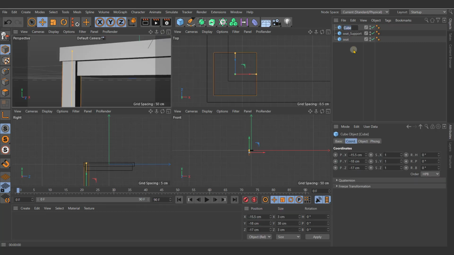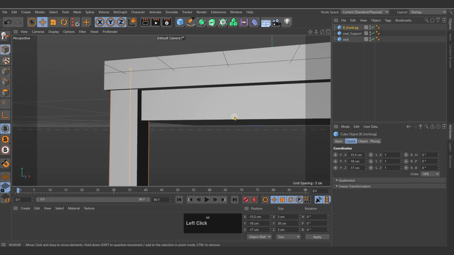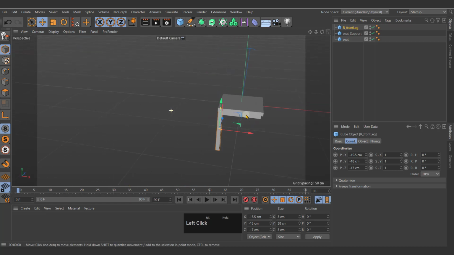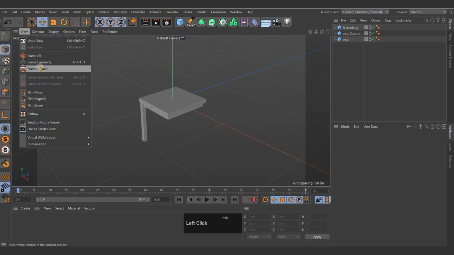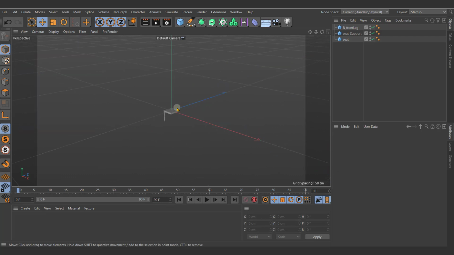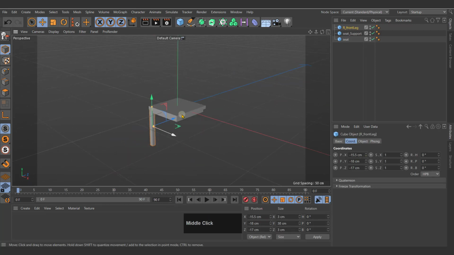Let's go up and name our cube r_front leg. So I need to explain a few things about why I named this right and why front. The reason for this is that when modeling in Cinema, you want to consider the object to be in first person view, and therefore anything on the right of the object is the right, and anything in front of the